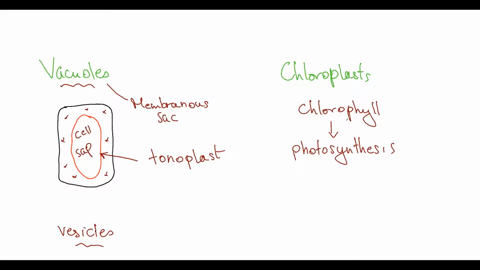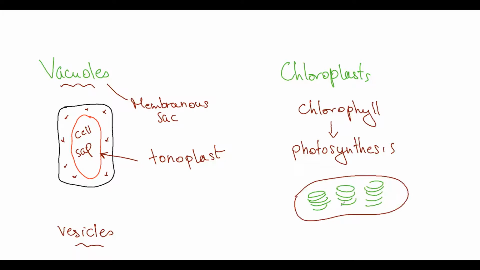Chloroplast contains chlorophyll that's responsible for photosynthesis. Now, if I have a chloroplast like this, together with the components that contain chlorophyll, these look like disc-like structures like this, and they contain chlorophyll. We find here certain grains, and these grains become full of starch,